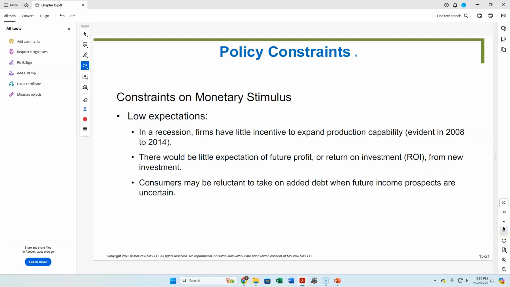And we kind of see this here as well. What do you tell businesses? Are they going to expand just because you're making the loans really, really cheap? They might not. They might not want to take on those loans, especially since, if you have a pandemic, you know that eventually you'll come up with a cure for the disease, but you don't know when that's going to be. And so you might be, as a firm, reluctant to take on additional debt, even if the interest rate's going down.